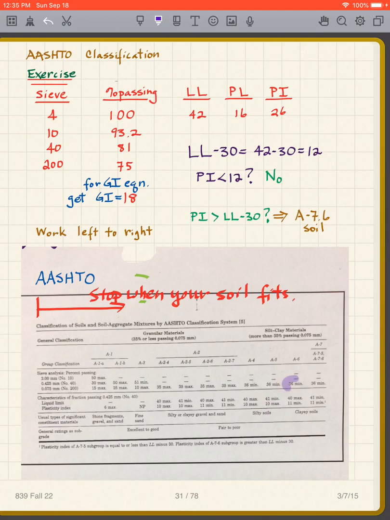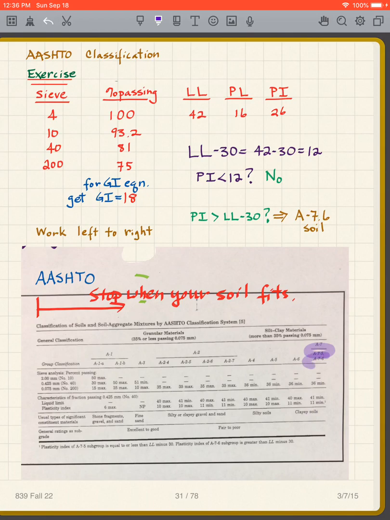So I keep going. 36 minimum. Yes, I'm okay with that. But liquid limit 40 maximum. No, I've got 42, so nope, doesn't work there. So I've got to keep going. 36 minimum. Yes. 41 minimum for the liquid limit. Yes, I have 42. 11 minimum for the plasticity index. Yes. I'm okay with my plasticity index. So I made it all the way to the end, but there's a little glitch here, and now I have